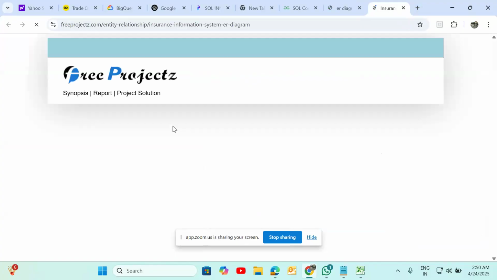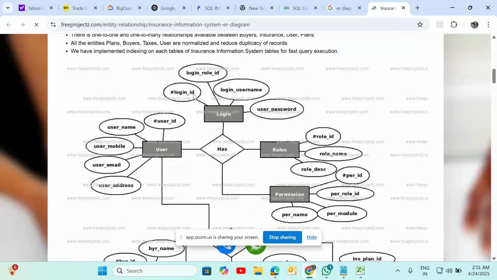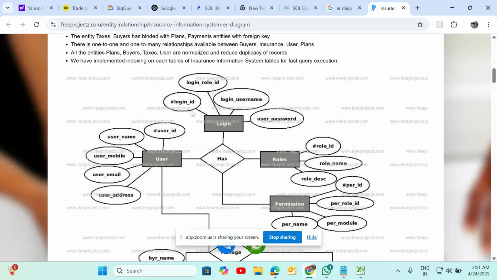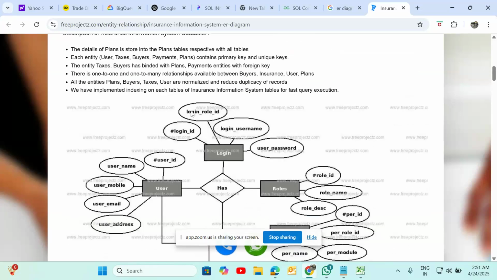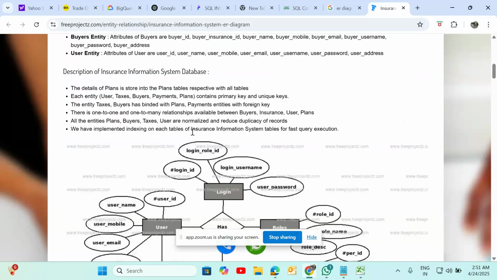You can understand the basic things. What kind of diagram is this? ER diagram, entity relationship diagram.